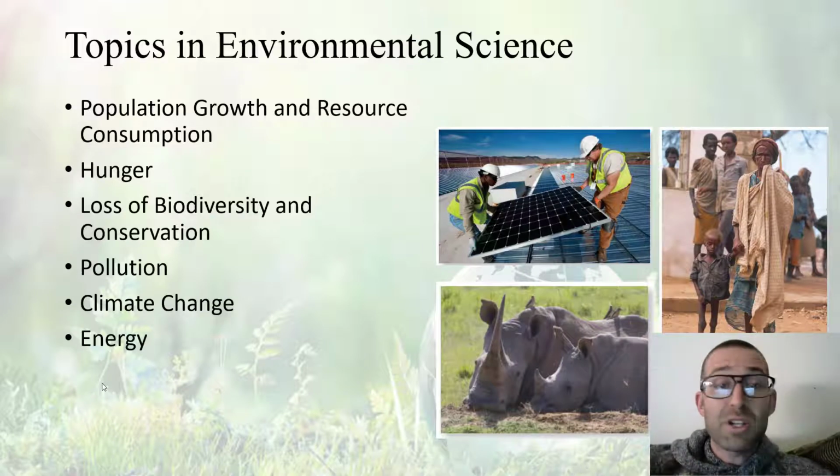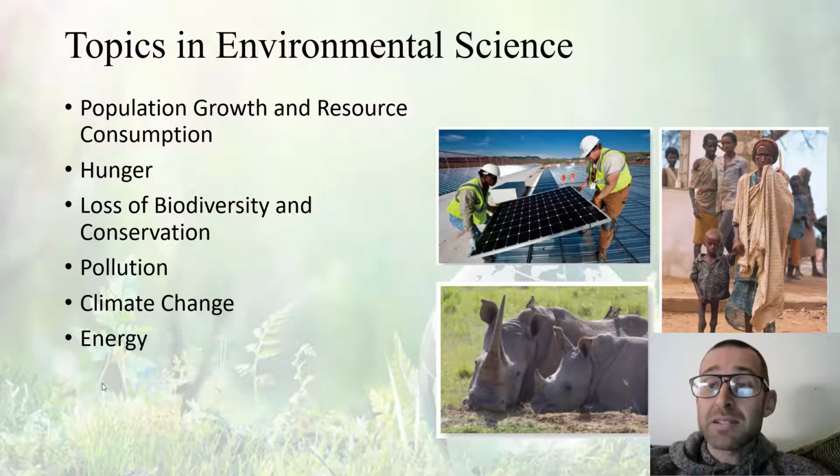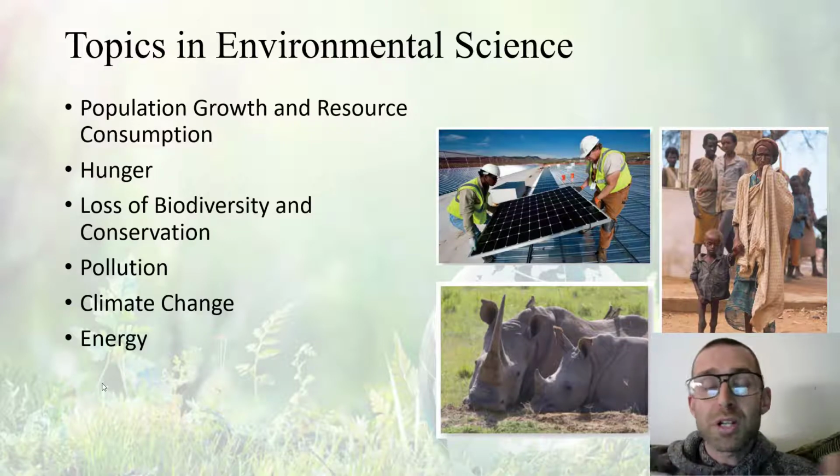Along the same lines, climate change is tied into pollution, because the driver of climate change right now is the emissions of carbon dioxide, a pollutant from these various activities. And just like I talked about with energy, how we get energy traditionally through coal, oil, natural gas, etc., the byproducts of that are different pollutants that can affect human health and other things. So all of these are wrapped up in this field of environmental science, and it's really those last three that we're going to be focusing on in this course, although we'll touch on some of the others.